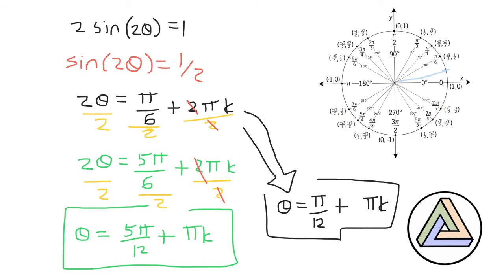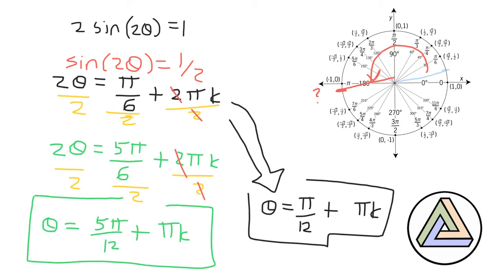All right. So once again, this is pi over 12. But we know if we add pi to it, that's going to bring us over here, right? Because that would be a full semicircle, and pi is a semicircle. So the question is, what is that angle? Well, if you look closely enough,